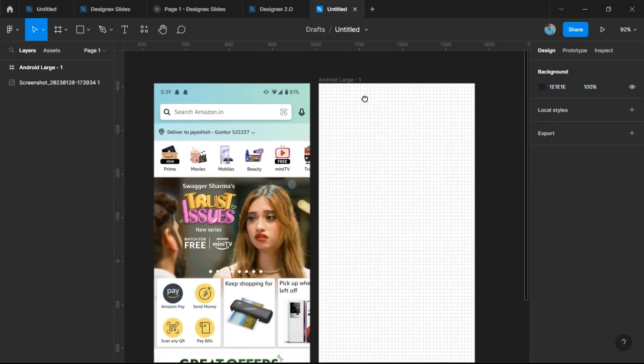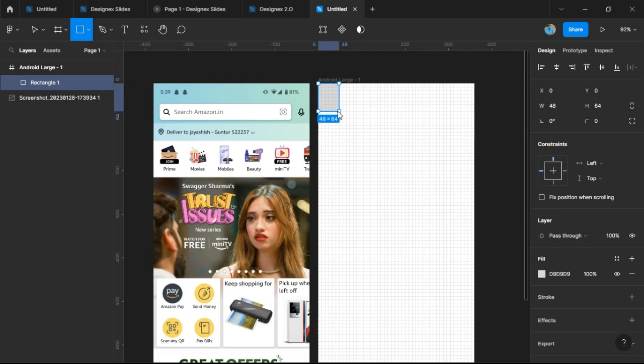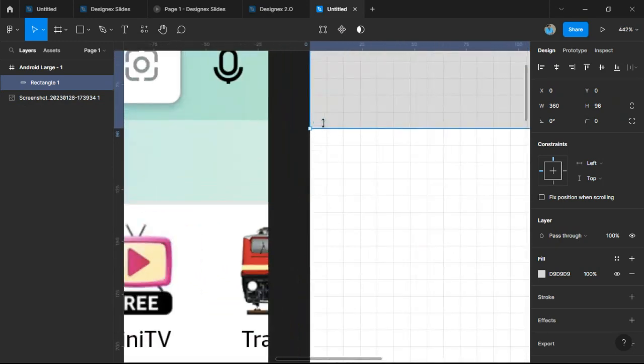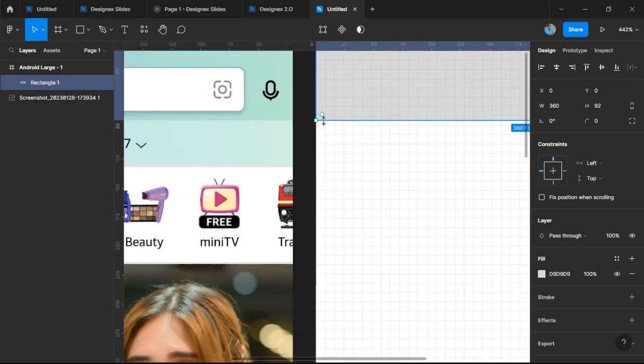So now, as we did, we need to make a rectangle. By using the rectangle tool, we are going to have a rectangle. For the rectangle, I am just making a